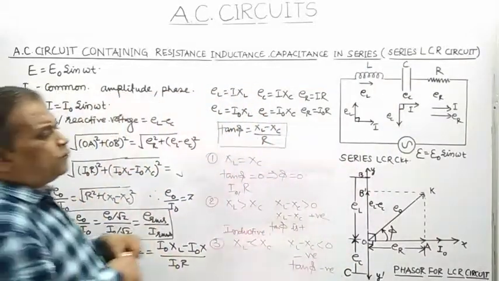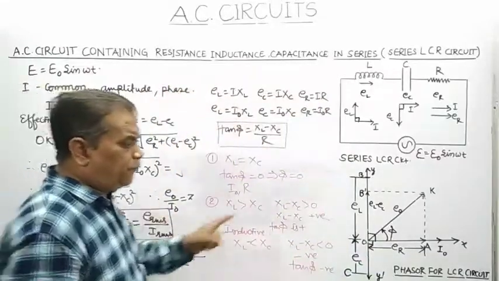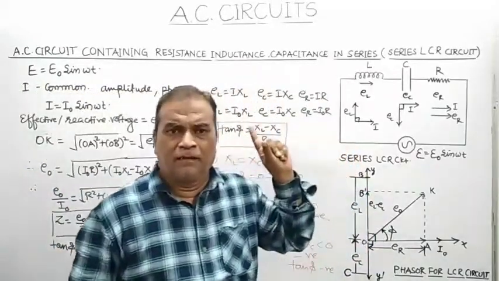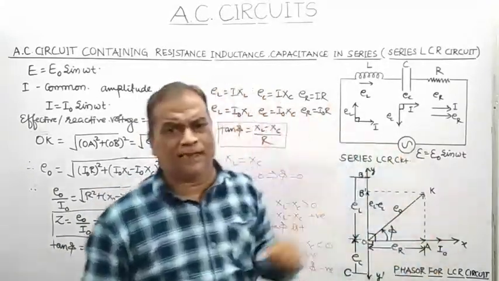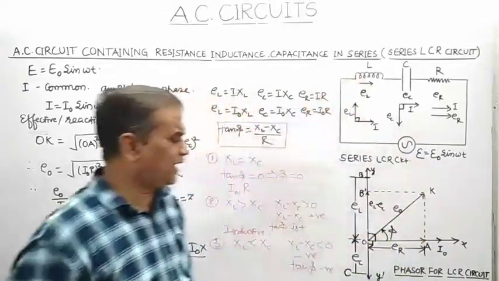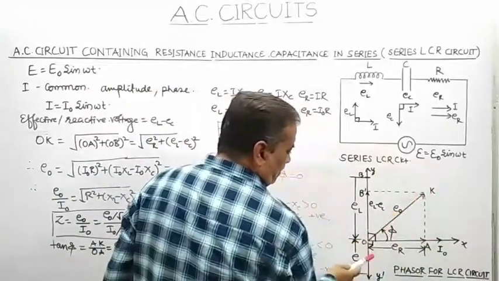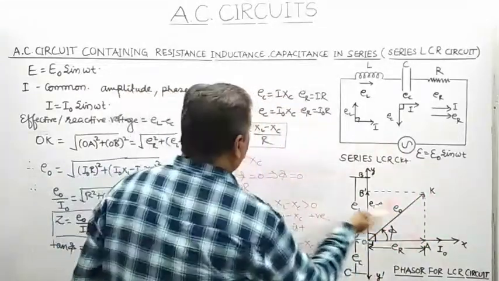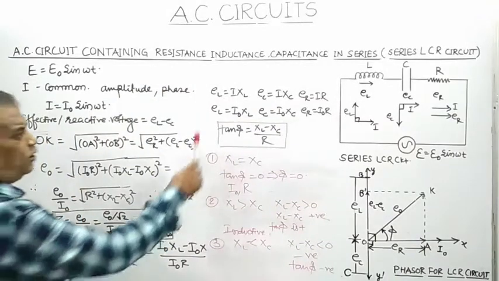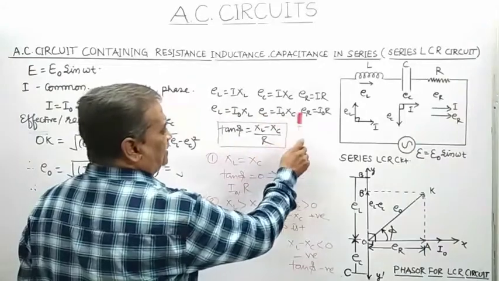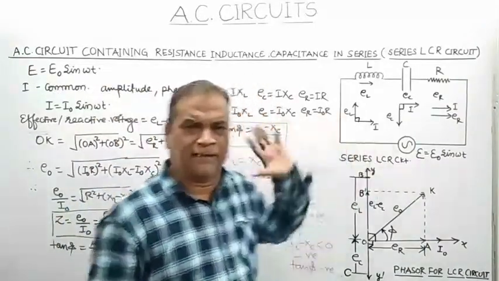So remember, from the phasor diagram we draw three conclusions. If phi represents the angle by which EMF in a series LCR circuit leads the current, then from the phasor diagram, tan of phi is equal to opposite upon adjacent. Opposite is EL minus EC divided by ER. You can put the value of EL equal to I0XL, EC equal to I0XC, ER equal to I0R. So you will get tan phi equal to XL minus XC upon R.